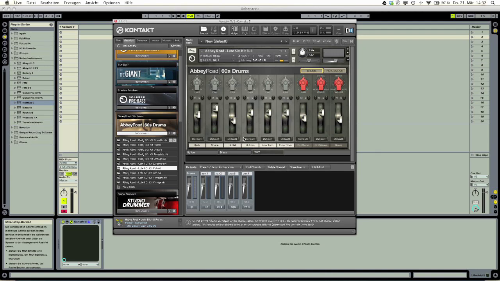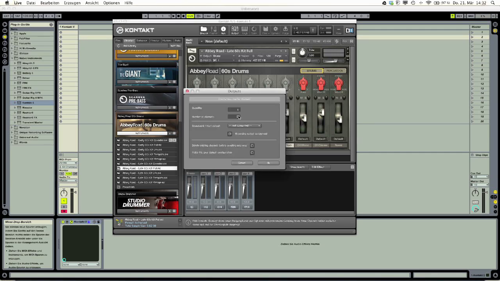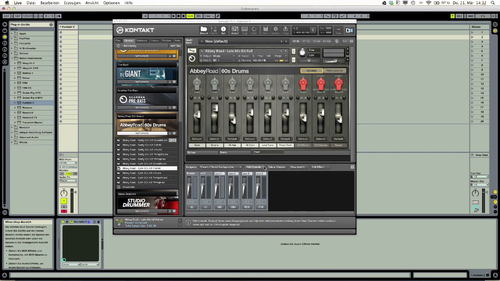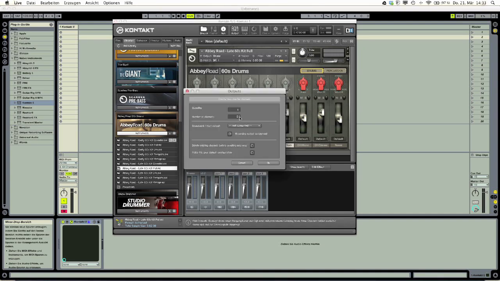Usually in the default settings, all the instruments are routed to output 1 and 2, and you have all of them in a stereo channel. Okay, we don't want that. That's why we create another stereo channel and 7 mono channels for the instruments and the mono overhead. So you go down here to the output section. First we start with the stereo channel. This would be this one. And then we add 7 mono channels,